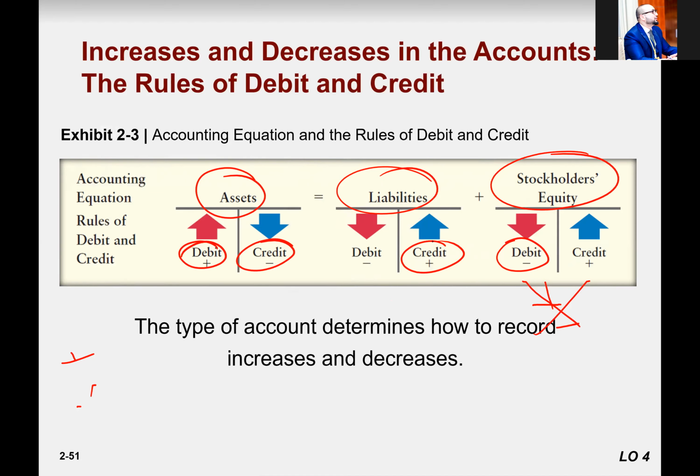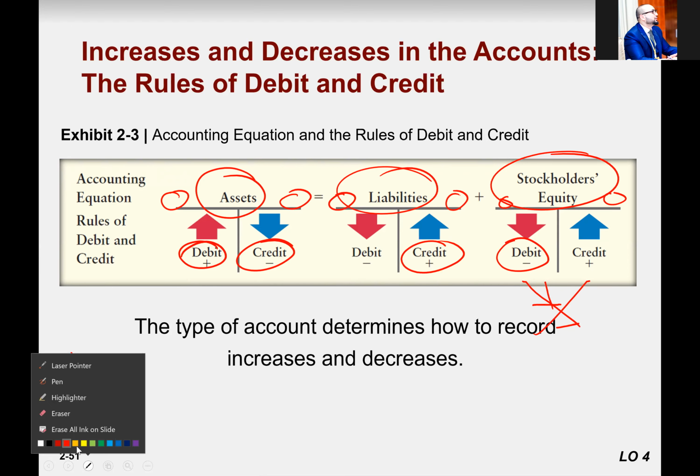Credit as plus and minus. Remember that one. Credit and debit. Debit is the left hand side. Credit is the right hand side. So this occurs for both sides. So remember, the rules for debit and credit are